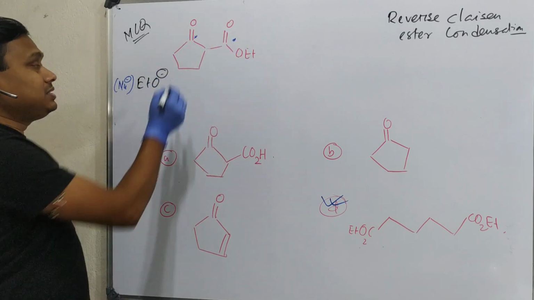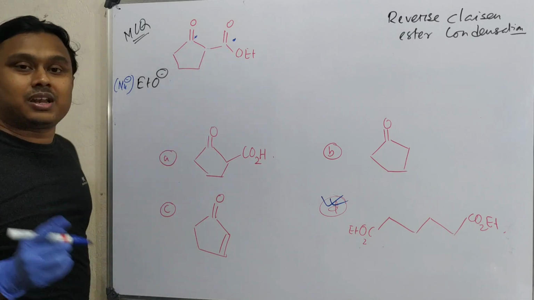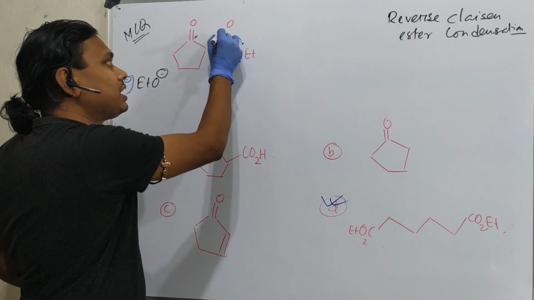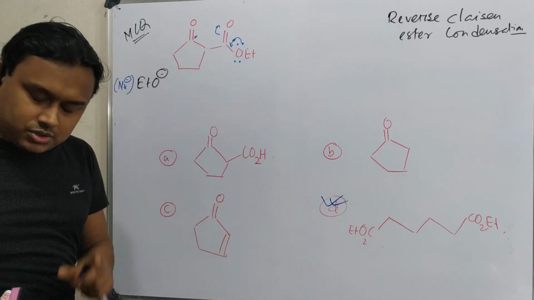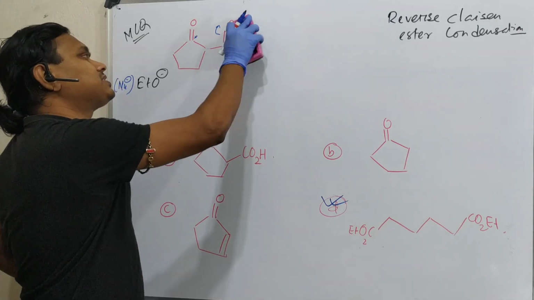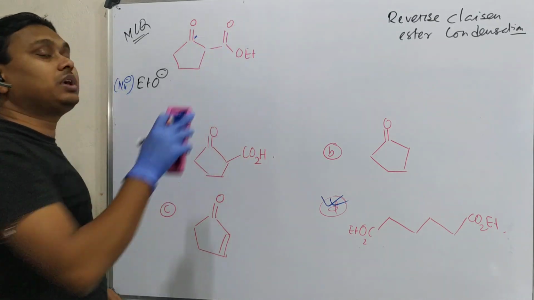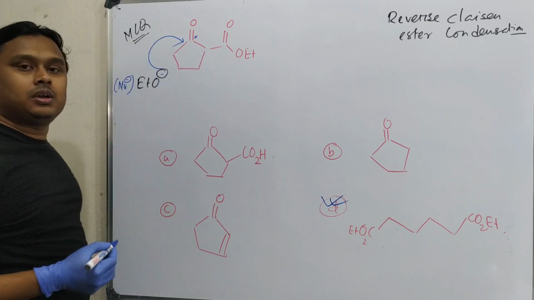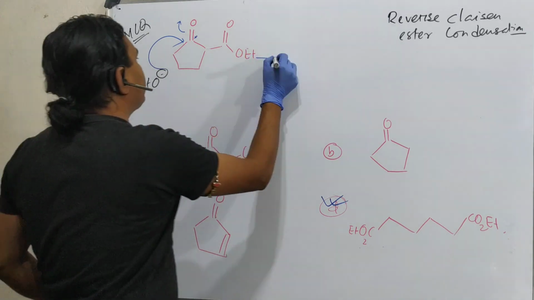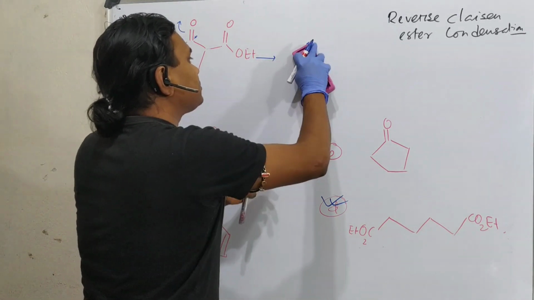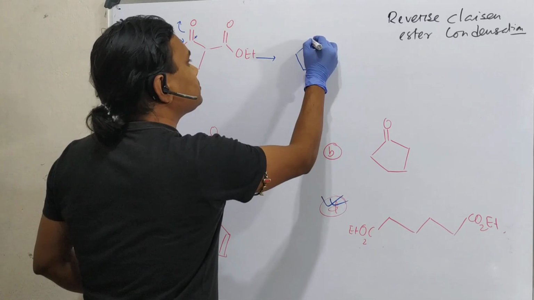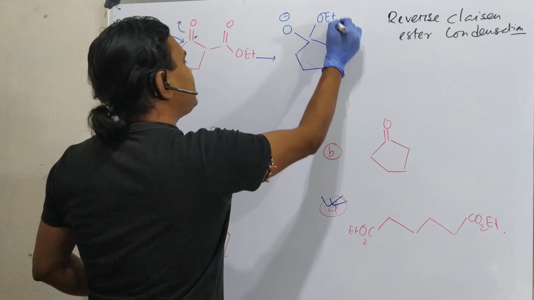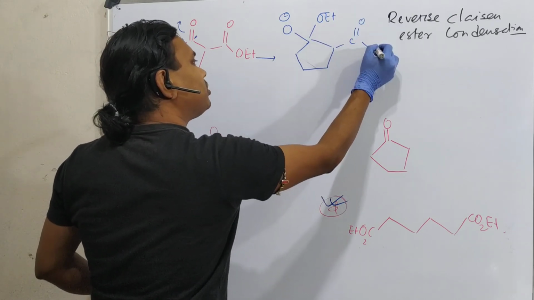But if you look at it, this is actually a ketone, this is actually an ester, and the ester has one cross conjugation, meaning this lone pair could be pushed here and it can go in this way. The electrophilicity of the ester carbon is significantly reduced compared to the carbonyl of the ketone. So what is expected? That this will attack here. So what will it do? It will open up. So the product of this step is this O-, this OEt, and in this case this is C double bond O, OEt.